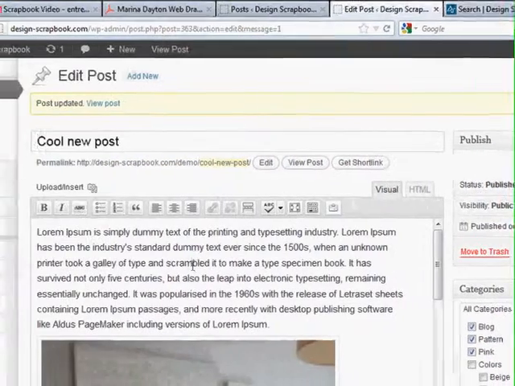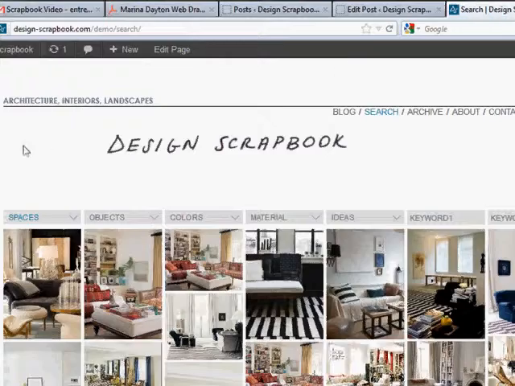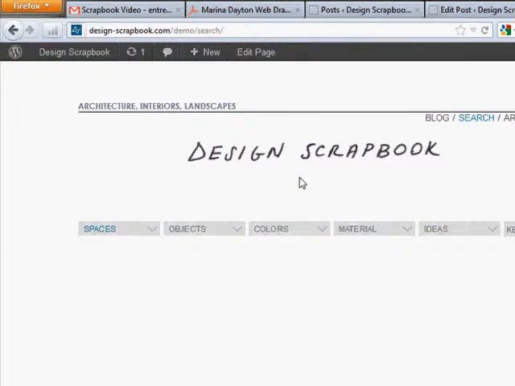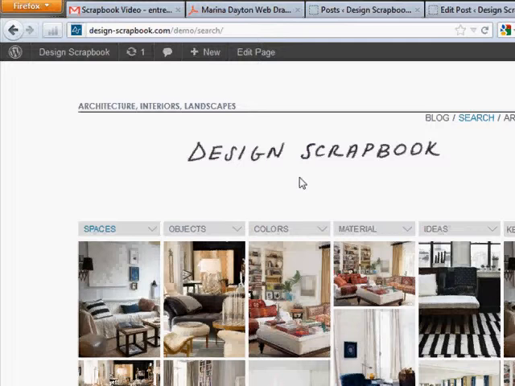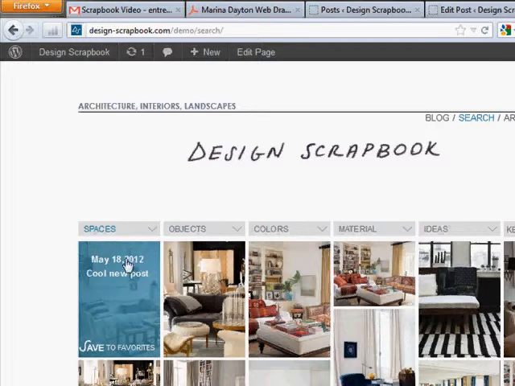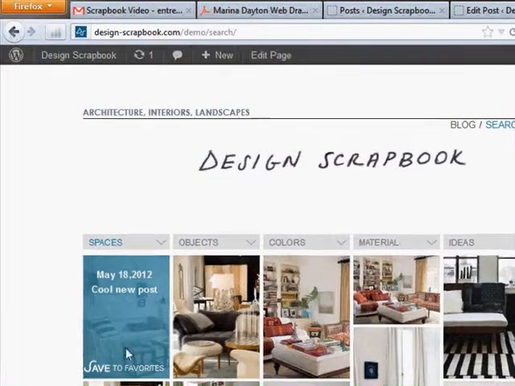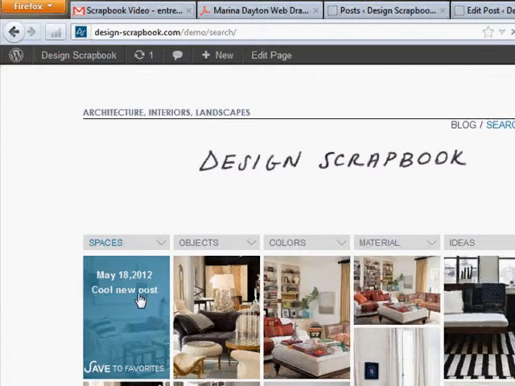Now there aren't that many images that have been added to Design Scrapbook yet. So when we go to the search page and we refresh, it will pull a set of random images because it doesn't have any search criteria defined yet. One of those random images is going to be Cool New Post, which we just created. If we click on it,